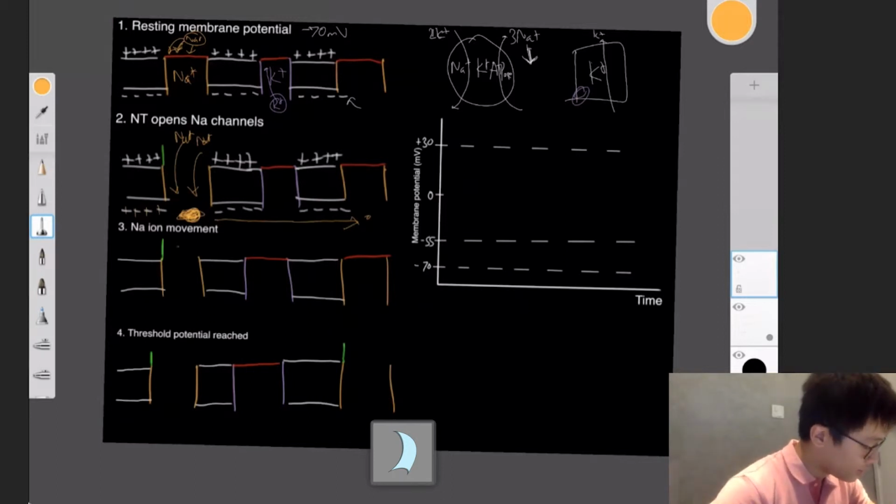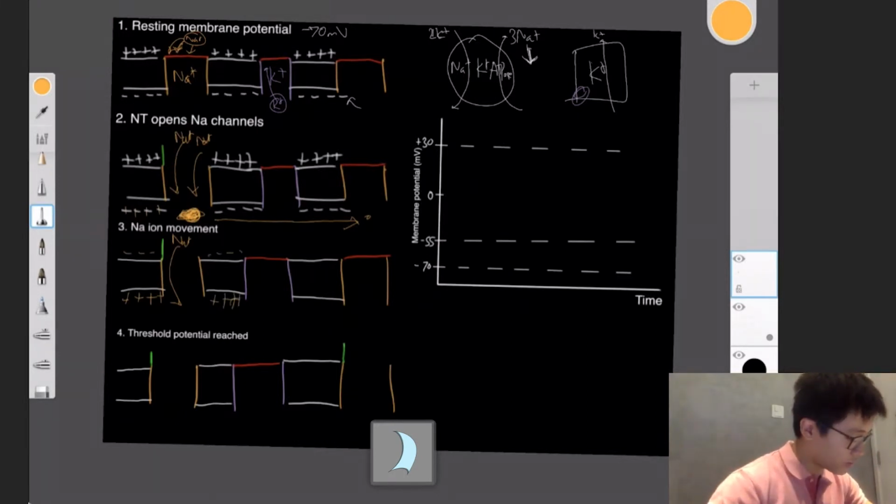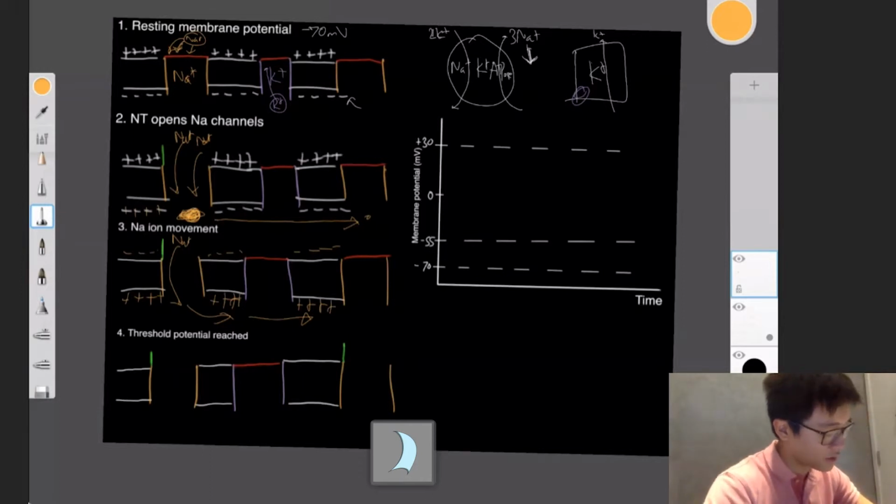So, as I said, as sodium moves in, it'll start to make this more positive and the outside more negative. So it's starting to become more positive as it moves down. And that positive signal causes these voltage-gated sodium channels to open. That will cause further sodium ions to move into the axon and further propagate the action